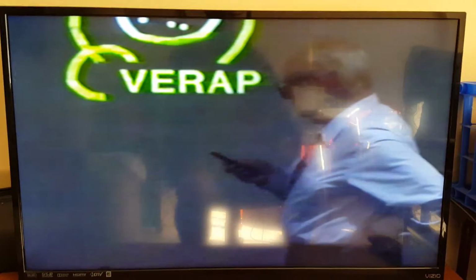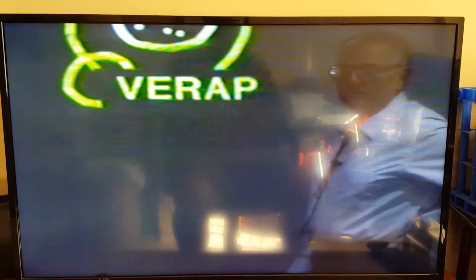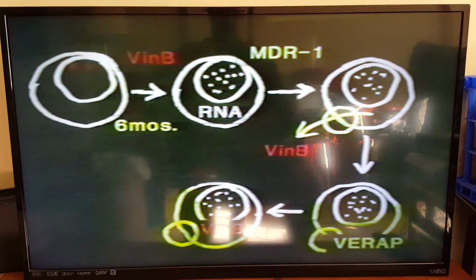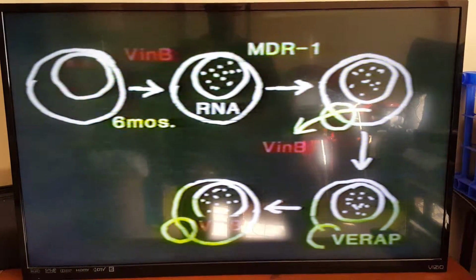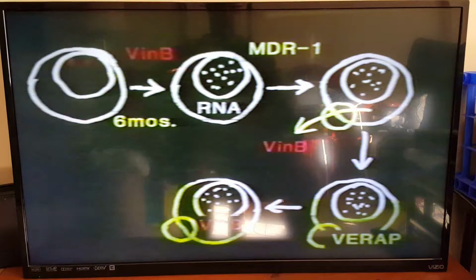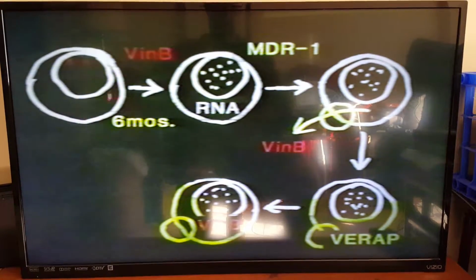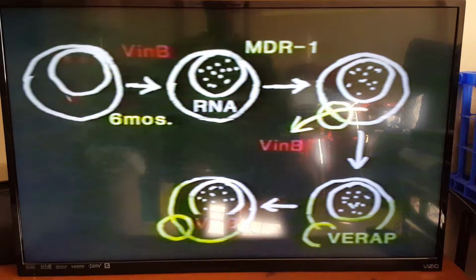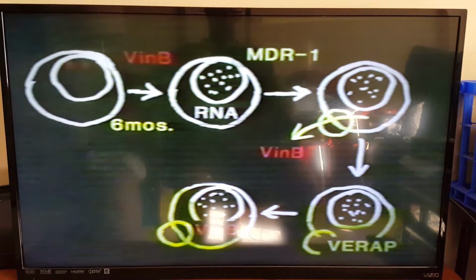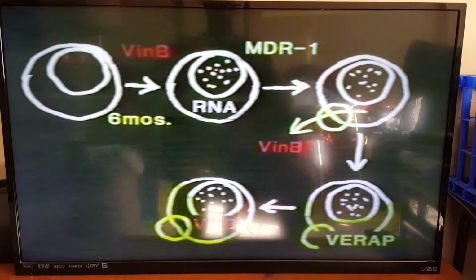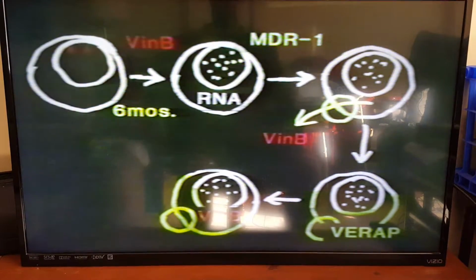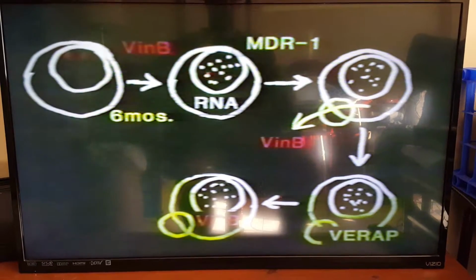The phenomenon I'm going to show you has really been known for about 30 years, but not very well understood. Let's say this is a cancer cell, and you place that cell in the presence of a chemotherapy drug, and we're using vinblastine as an example. Over time, and it usually takes around 6 months, the gene that's called the MDR1 gene, and because this is true in humans as well as many other organisms, becomes overexpressed and